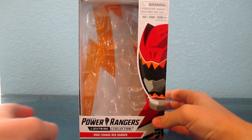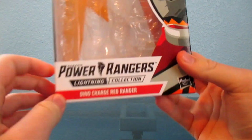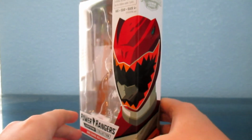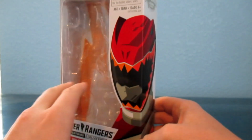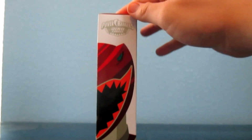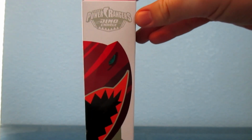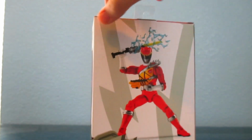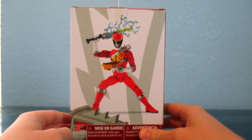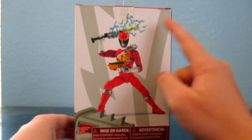But other than that, you can see it says Power Rangers Lightning Collection Dino Charge Red Ranger. It's got a nice spot varnished picture of the Red Ranger's helmet, which also continues around here. And you can also see it says Power Rangers Dino Charge. And we get a rendering of the figure on the back with most of the